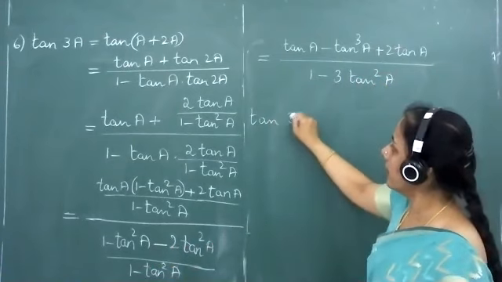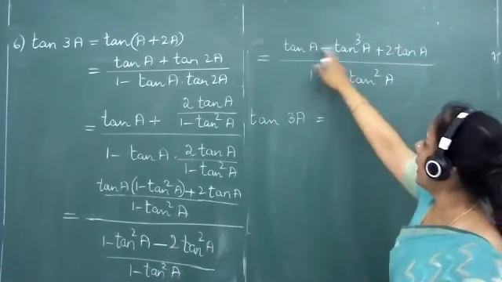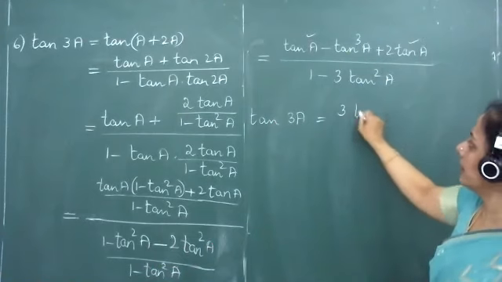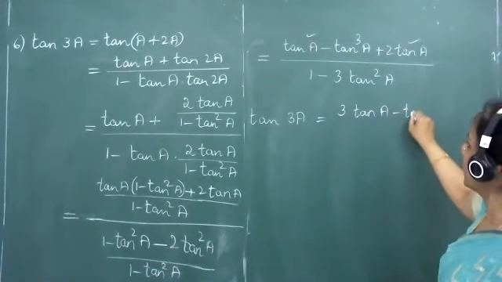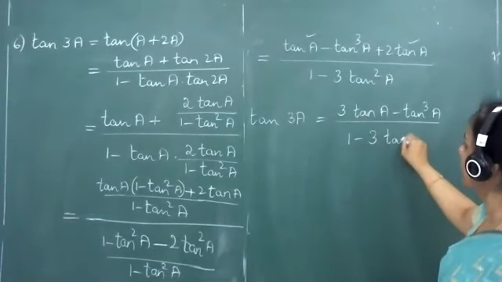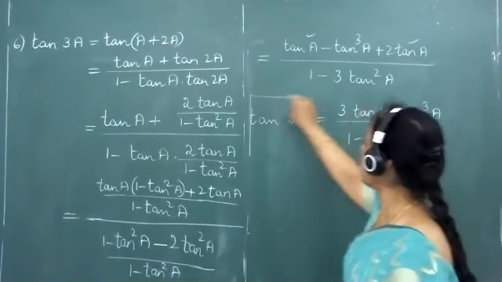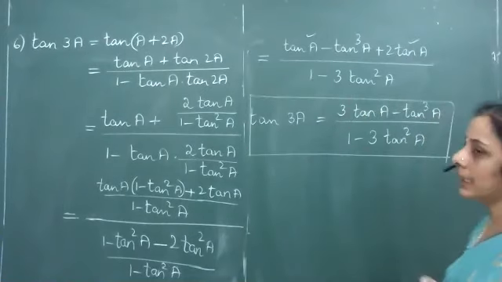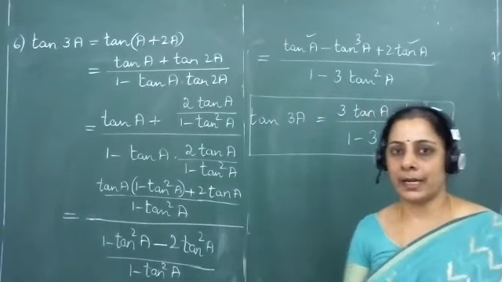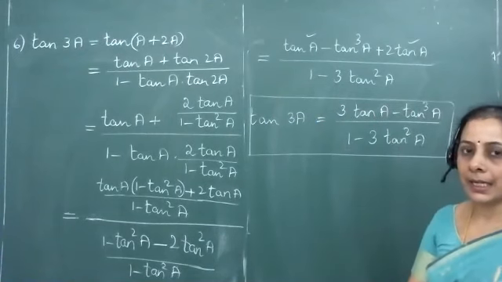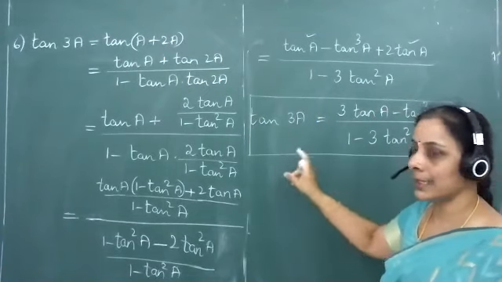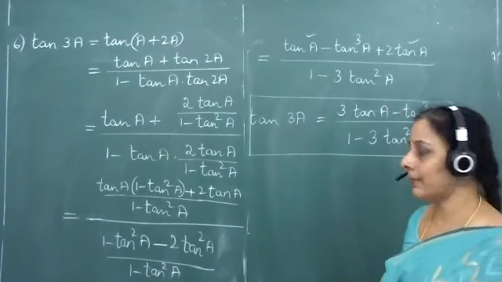So now we get tan 3A hence is equal to tan A plus 2 tan A. Sum of the first and the last term is equal to 3 tan A minus tan cube A whole divided by 1 minus 3 tan squared A. And this gives us the multiple angle formula of tan 3A. Sin 2A, cos 2A, tan 2A, sin 3A, cos 3A, tan 3A will be very important for us. You need to remember the 6 set of formulae along with your derivations.